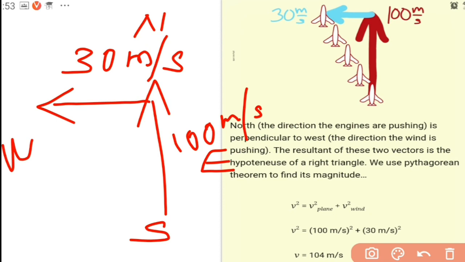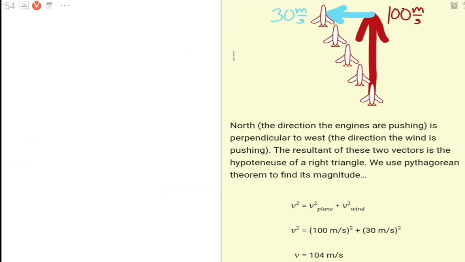Now you are asked to find the resultant. So what is the angle between the two? The angle between the two is 90 degree. So what comes as the expression for the resultant velocity of the aeroplane? Root of p square plus q square. We already discussed that. So that means root of 100 square plus 30 square. The root of 100 square plus 30 square, you will get it as 104 meter per second.